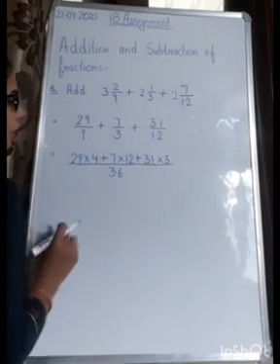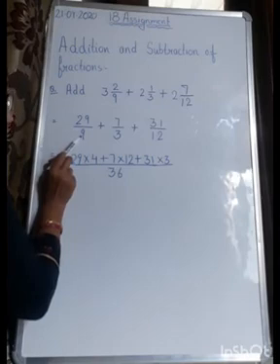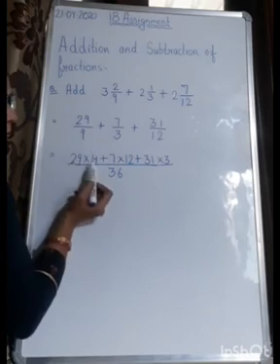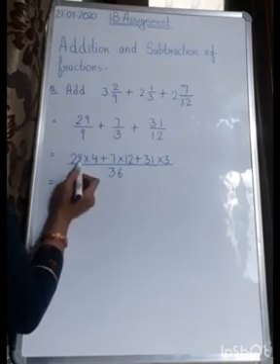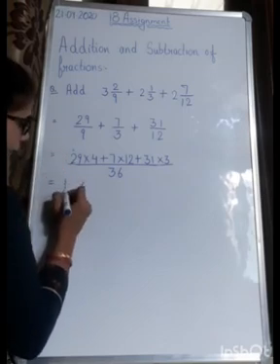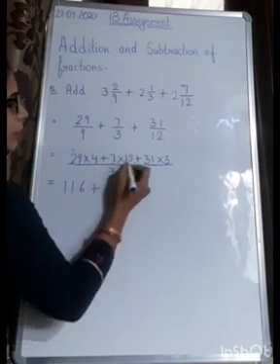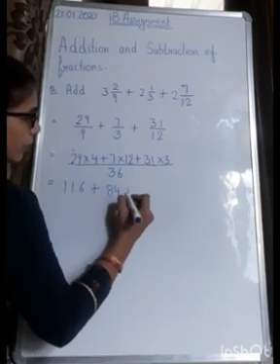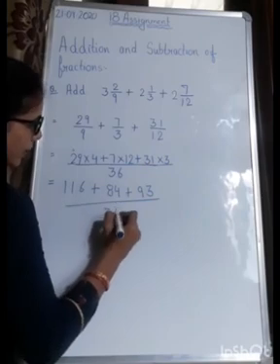Clear? Okay, so first you have to write the numerator and you have to find in the denominator, this is 9. So in the 9 table how many times 36 goes? 9 4s are 36, so you have to multiply with 4, and similarly with all these. Okay, now you have to multiply these two. 9 4s are 36, and 4 2s are 8, 8 plus 3 11, plus 7 2s are 12. 12 7s, we all know that 12 7s are 84, plus 9, 93. Clear? And this is coming 36.